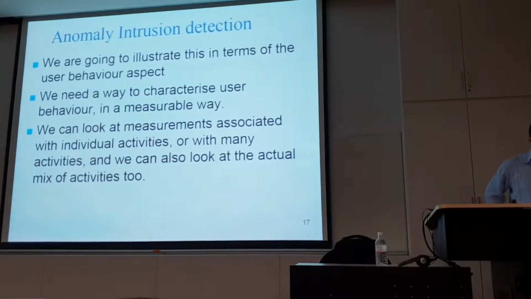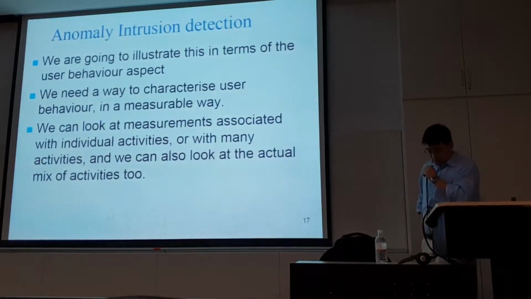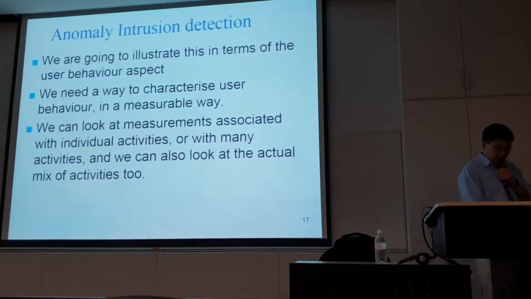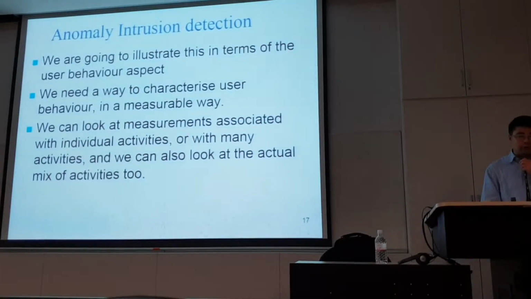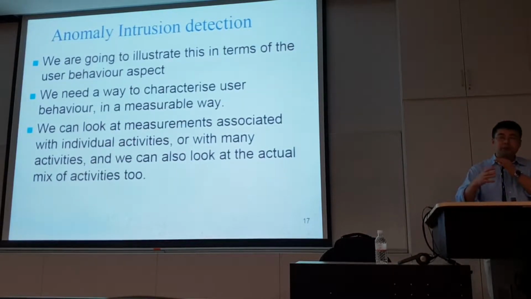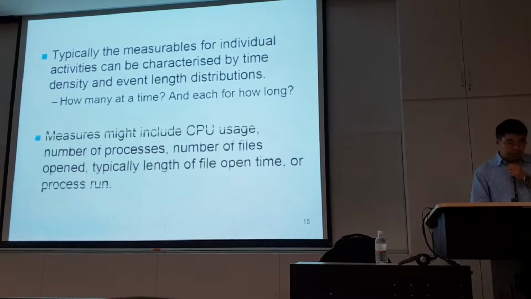Now let's look at some details about anomaly intrusion detection. This also is related to your assignment 3. In this case, basically we try to define the so-called normal or expected behavior. Then we try to see if the current behavior matches this expected behavior or not. If there is a mismatch, then we raise the alarm. Right, so we will measure the activities